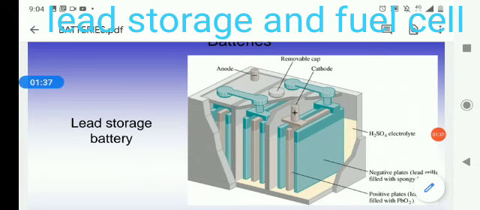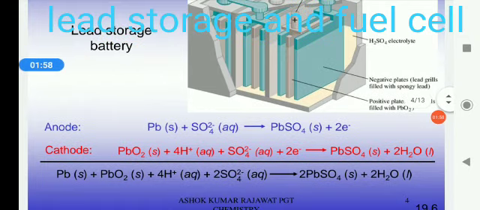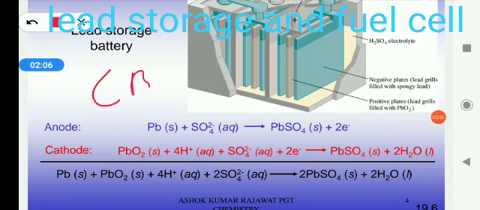Now in this battery, H2SO4 is taken as electrolyte, and we have already discussed that the cell consists of lead antimony grids. One type of grid is coated by spongy lead, whereas the other grids are coated by litharge or lead oxide. Now a question is frequently asked in the CBSE examination on this battery: give the anode and cathode reactions of the lead storage battery.